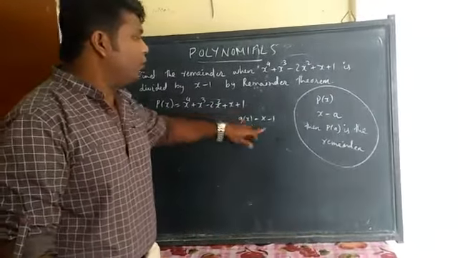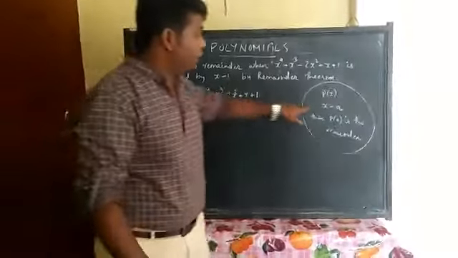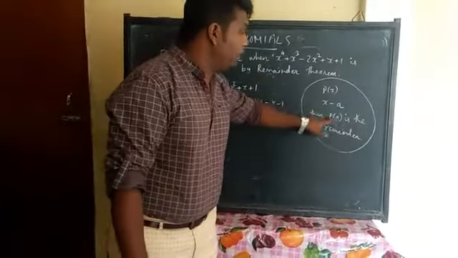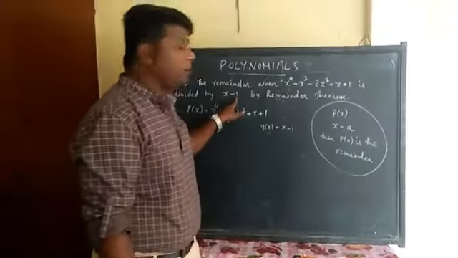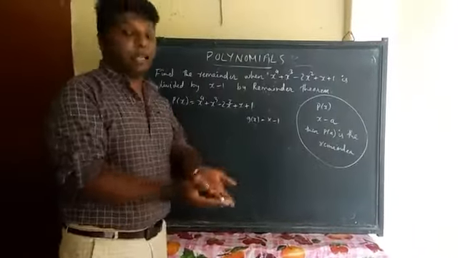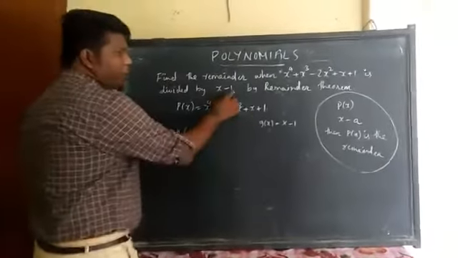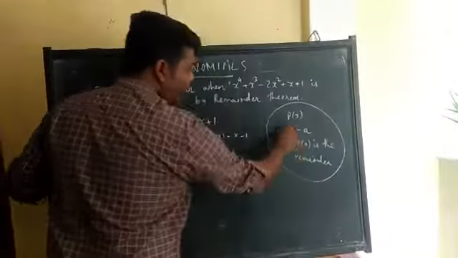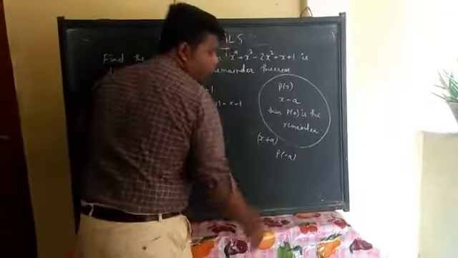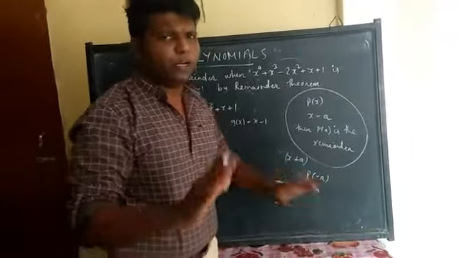Okay, if you are dividing by this polynomial, here in place of x minus a, what came? x minus 1 came. So according to the remainder theorem, if you are dividing any polynomial by x minus a, p of a is the remainder: take the number after x and use the opposite of that number. So here p of 1 will come because it was minus 1. Here it was minus a, so we took plus a. If it is x plus a, then p of minus a will be its remainder. Whatever sign is after x, just take the opposite of that one. Just keep that much in your mind.